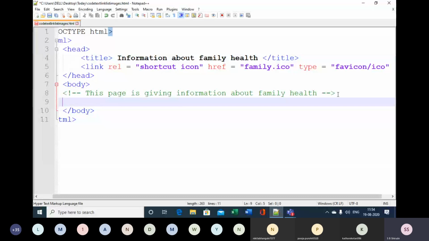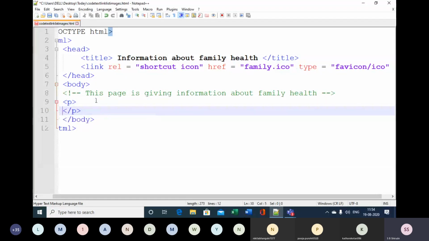You can have multi-line comments. You can just continue and then end that comment with this. Okay, so you can have a single-line comment, and you can have a multi-line comment. And then after that, we will start one paragraph, the block level element P, and in this we'll make use of the different elements PRE, blockquote, and address that we have learned.